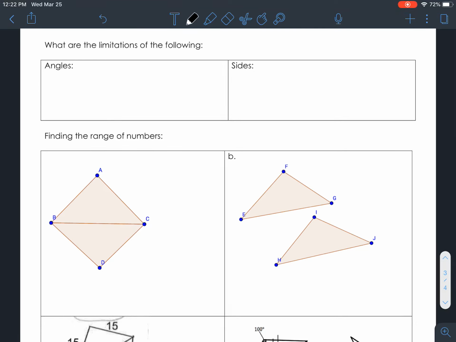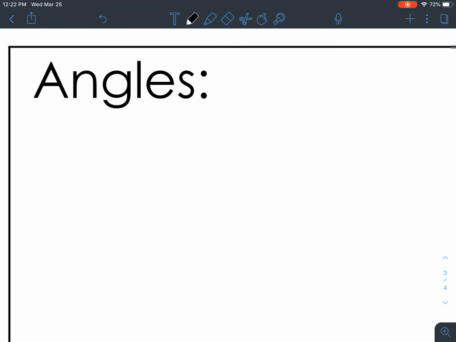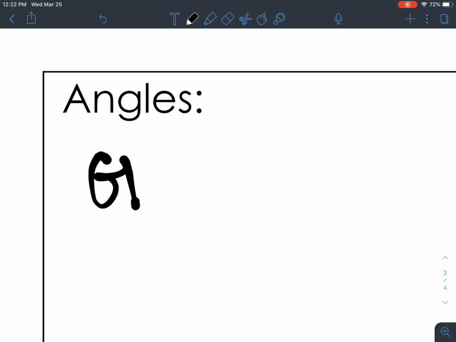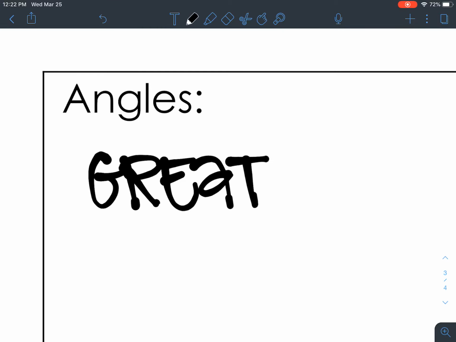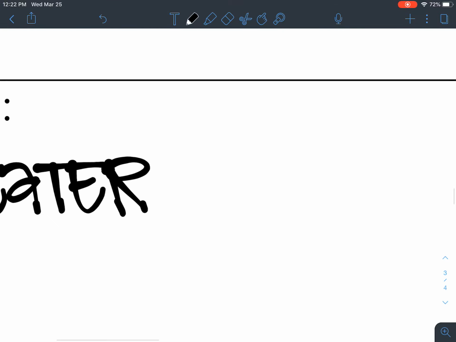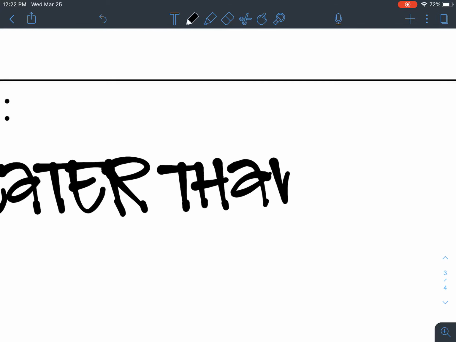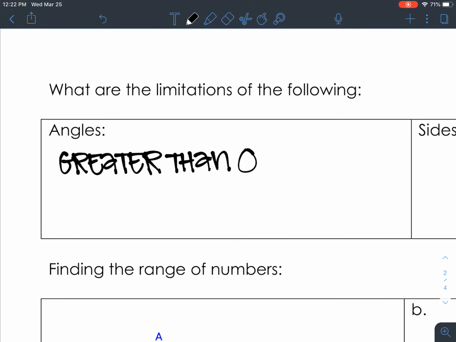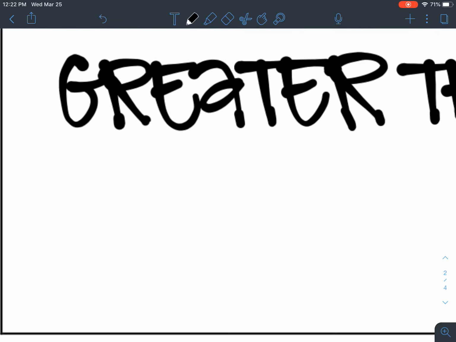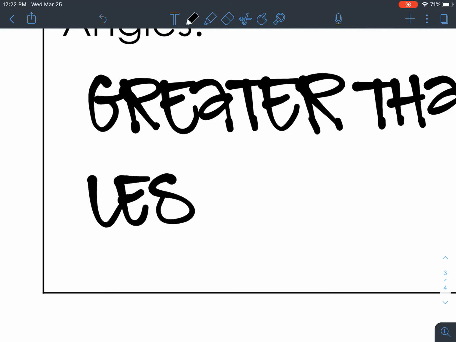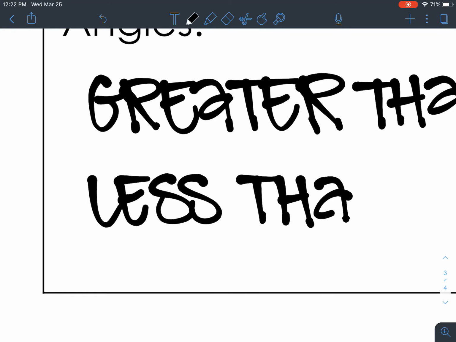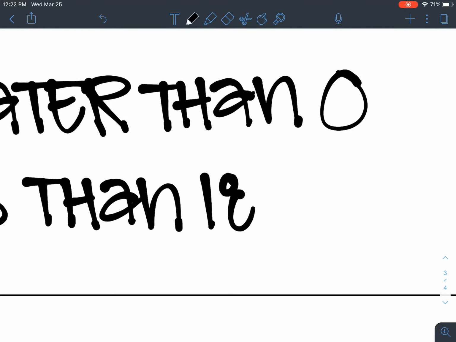sides. So when I'm talking about the limitations, what I'm talking about is what can they not exceed and what do they have to be above? So for example, angles, what we know is that they have to be greater than 0. You can't have an angle that is equal to or less than 0, so it has to be greater than 0. Now, we also know that these angles have to be less than 180. Now, technically, it could be equal to 180,